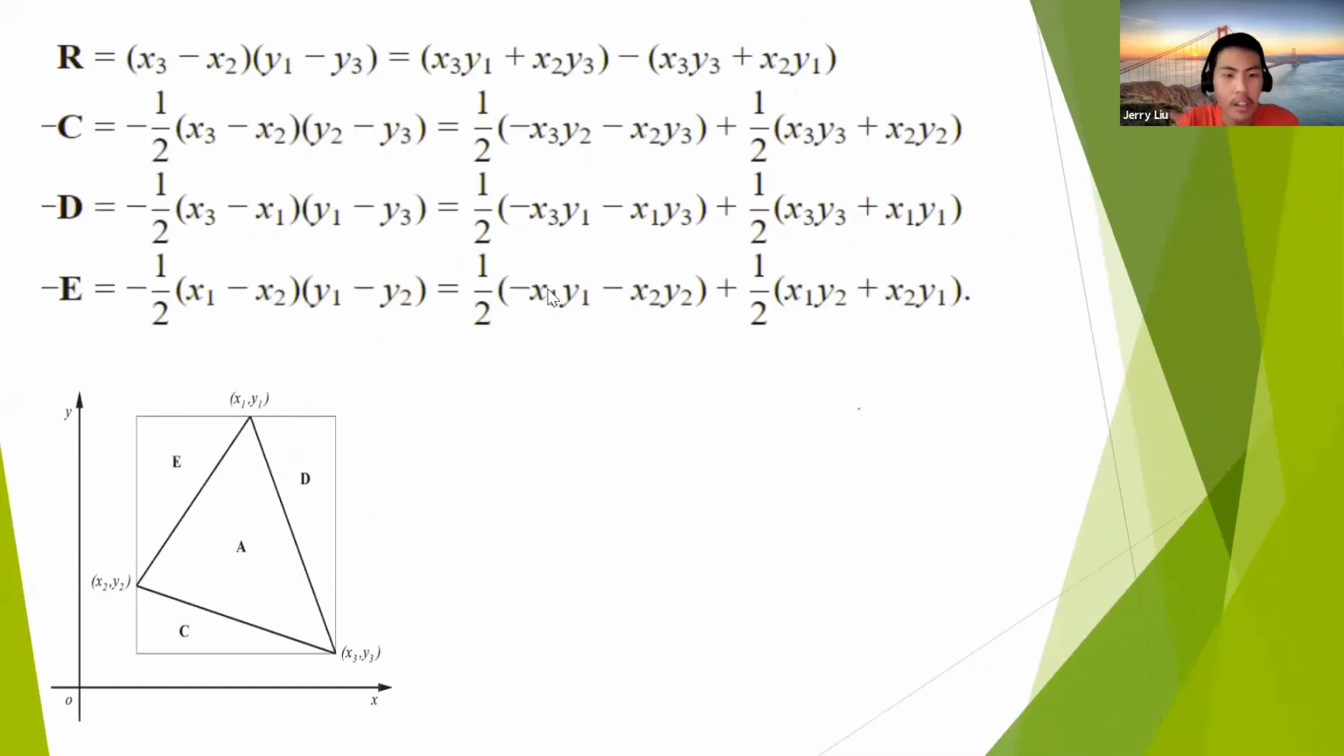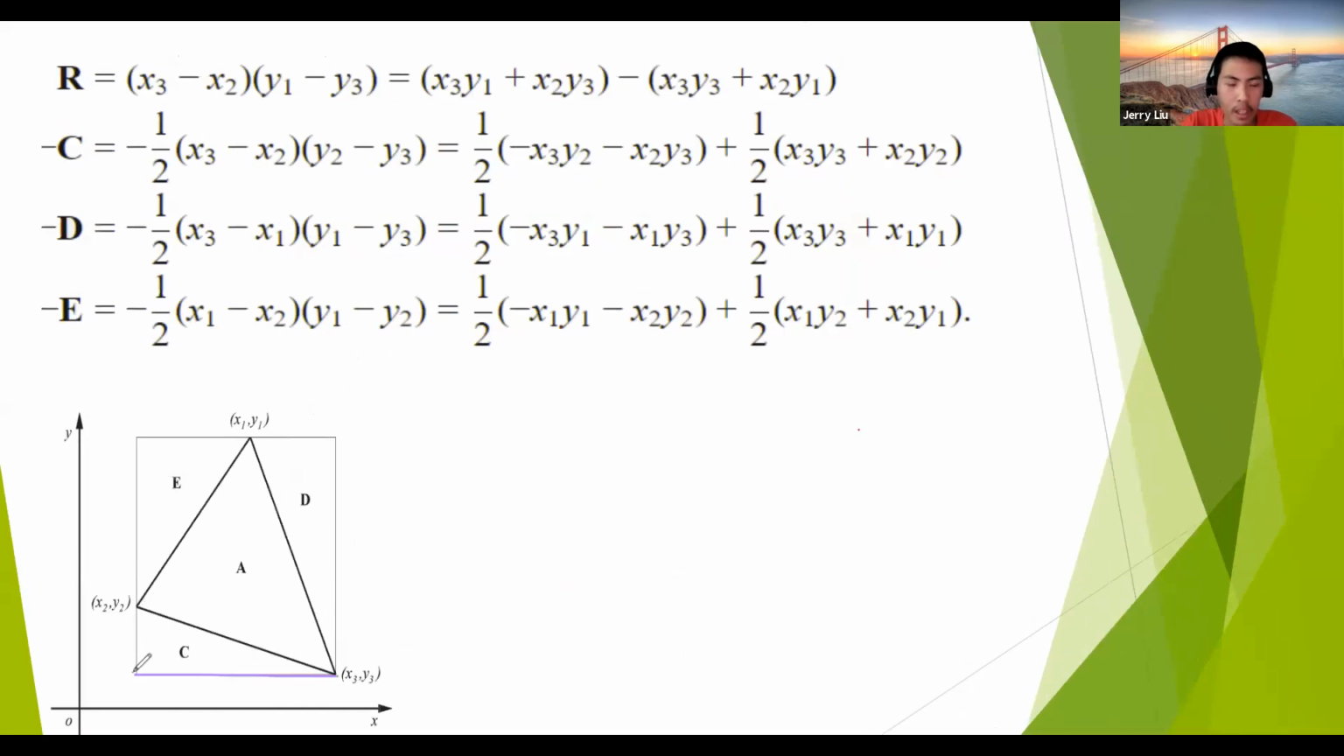With R, we know that the length of R is x3 minus x2, which is basically this length that I've drawn in purple here. Does everyone see that? And the height of R is y1 minus y3, which is this length. There's y1 here and y3 here. We will then expand these 2 to get x3 y1 plus x2 y3 minus x3 y3 and then minus x2